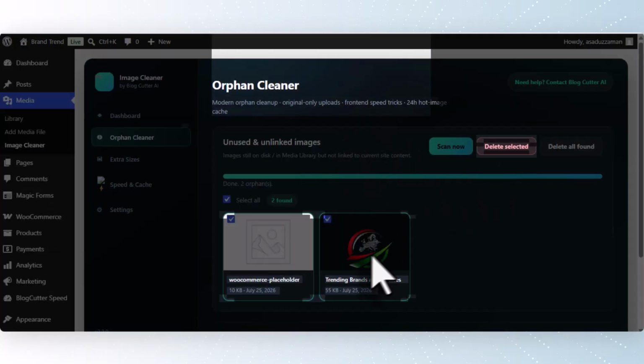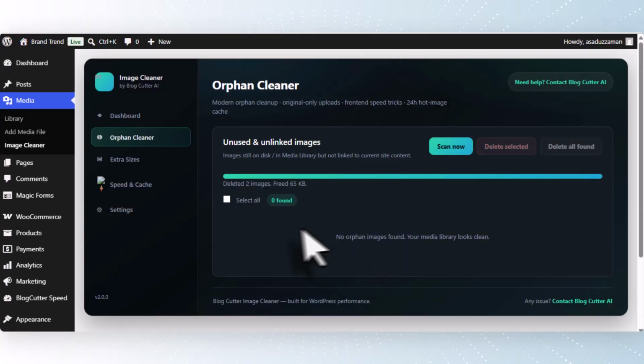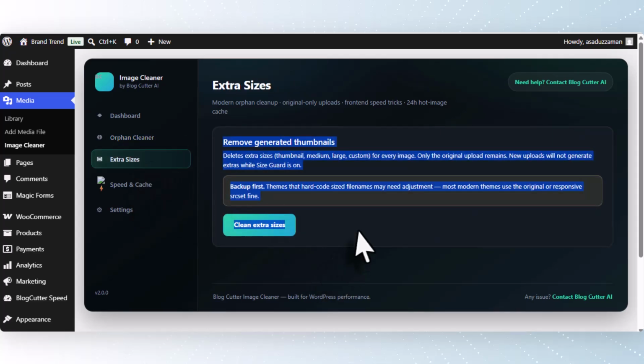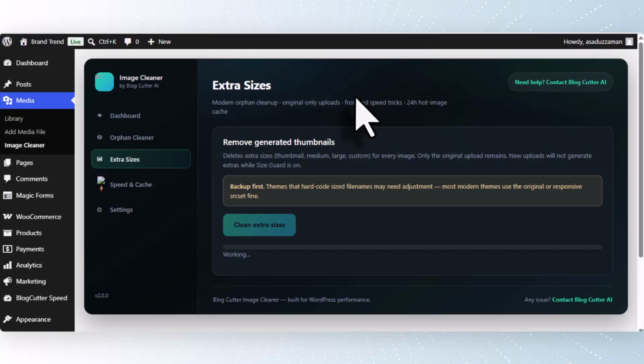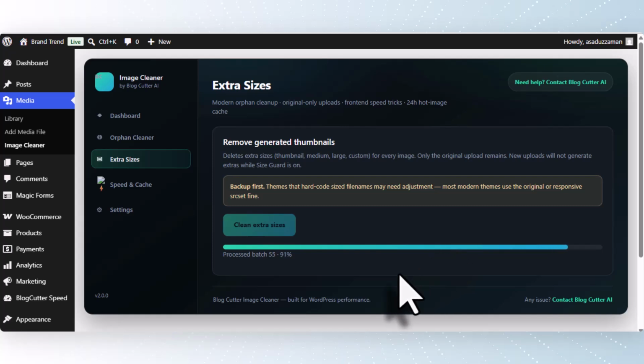Just click and it is automatically deleted from here, like the orphan image has been deleted. So extra size, you can also check any extra size, and it is automatically deleted from here, like media, small size, thumbnail size or web size, the default size of any types of file name. This base actually scans and checks anything. So here it automatically shows you any extra size, check it